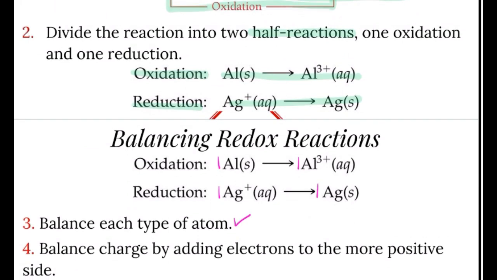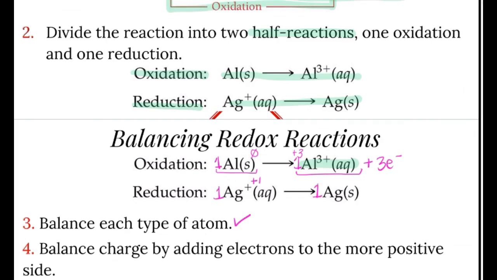So let's look at this top reaction. What's the total charge of the left side? The total charge is 0. What's the total charge of the right side? +3. Which side is more positive? This side is more positive. How much more positive is it? Well, it's 3 positive, so I have to add 3 electrons to balance it out. We cannot add protons, we cannot remove electrons, we can only add electrons, and we want to do that to the more positive side. And so, if we're looking at this bottom reaction, the reduction, I see I have a